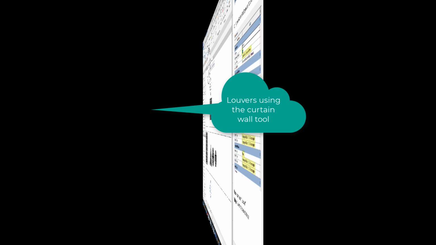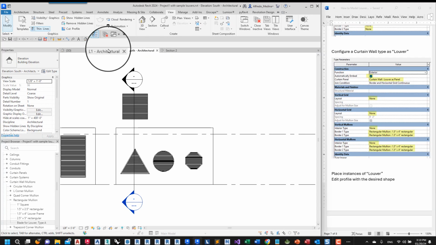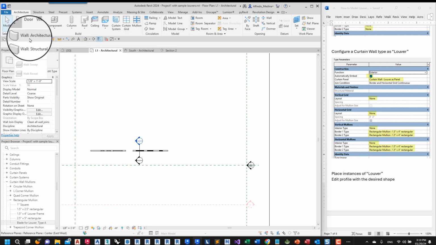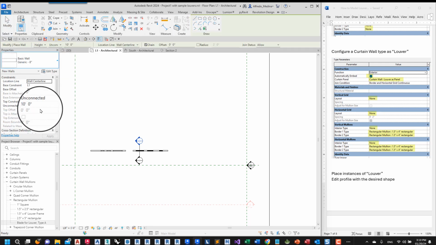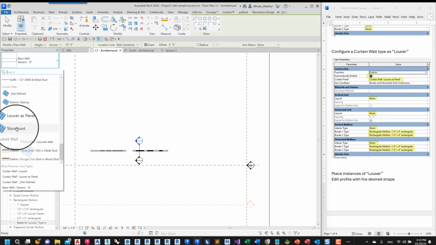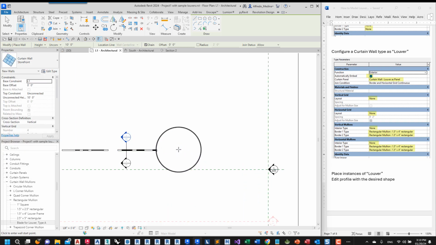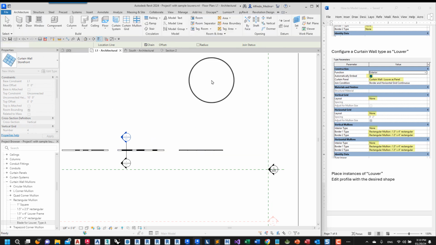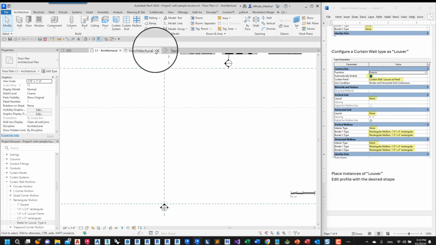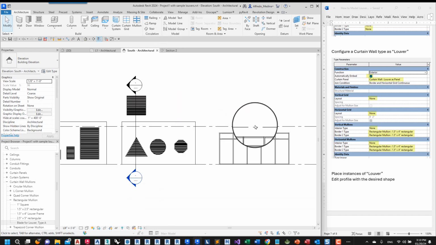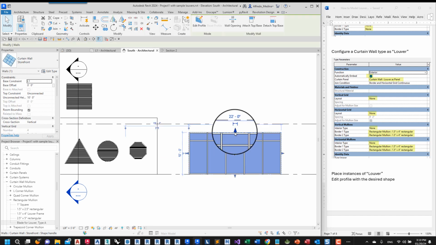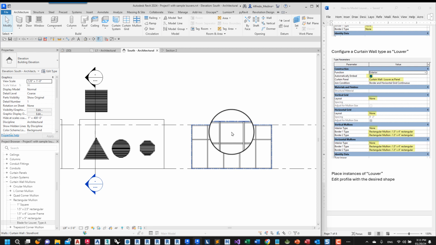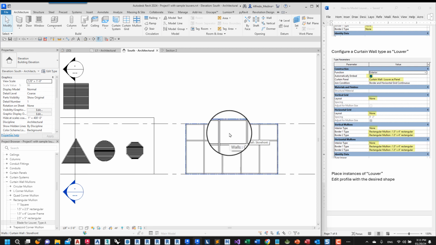For example, if I go to the floor plan and I use architecture, wall architecture, and I use the storefront type, and I draw something here, and I go to the elevation again. Now, suppose that this goes up to here, and that one of the panels needs to be a louver.